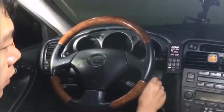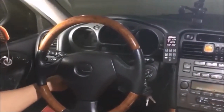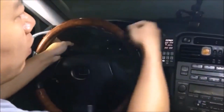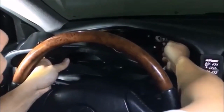You take your key, insert it, and let the wheel tilt down. Try to adjust it all the way to the bottom and extend all the way out. Just scrape onto both sides and you pull. There's a cable right here on the top right that you need to disconnect from the fascia, the gauge cover,